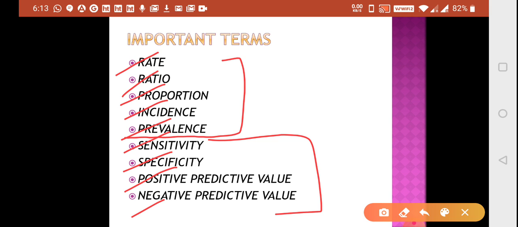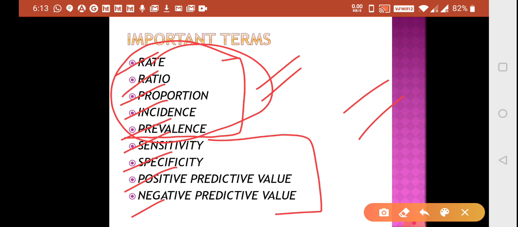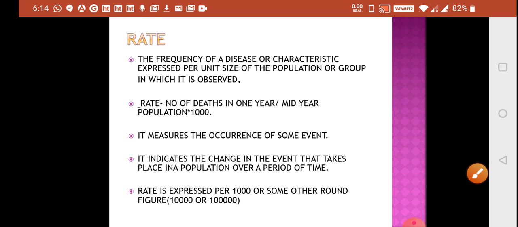Apart from this, there are also descriptive studies, analytical studies, experimental studies, case control studies, cohort studies and all that. But before that you should be knowing these things so that you will be able to learn about those studies. So we'll be dealing with them also, but here in the video I'll be covering this part of epidemiology, and I'll be telling you what kind of questions are asked from this part.